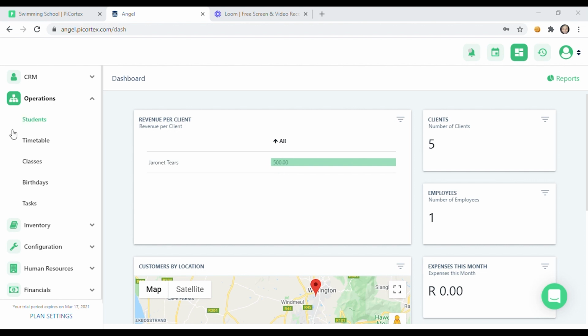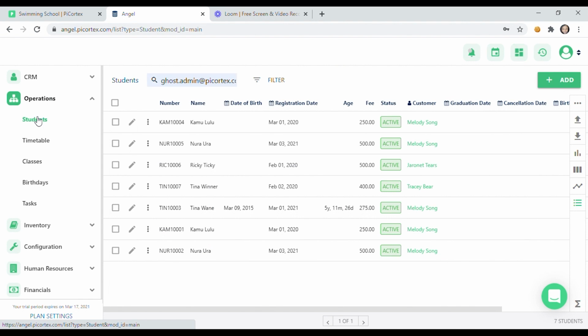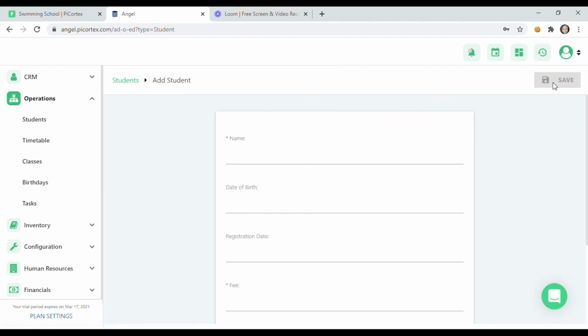So to add the student, you would go on to the left hand side under operations. Just think of it as operations, or the things that you do on a day-to-day basis. That's where you'll find the people that you deal with on a day-to-day basis, which are your swimmers. You select the students. You can either add a student by simply clicking the add button,